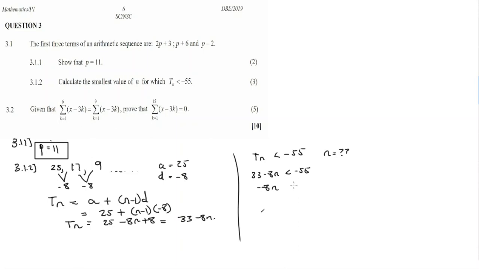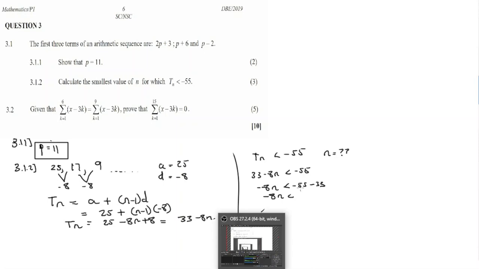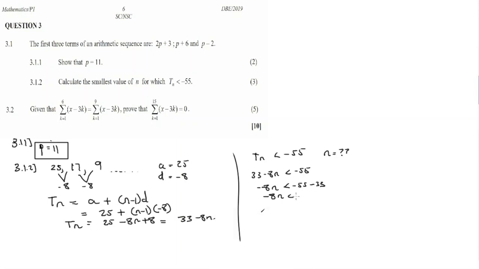So we remain with negative 8n on this side, less than minus 55. Transpose the 33 to the other side, so we remain with negative 8n less than minus 88. So the n value is negative 88 divided by negative 8, because we want n alone. Therefore n is greater than